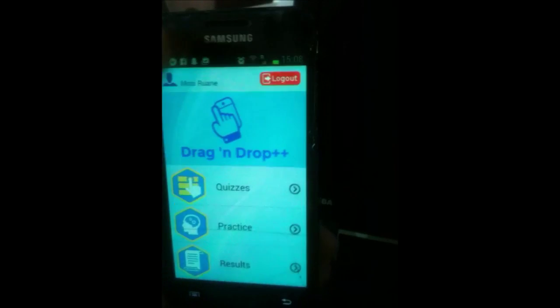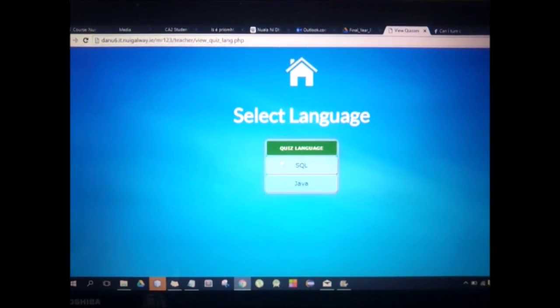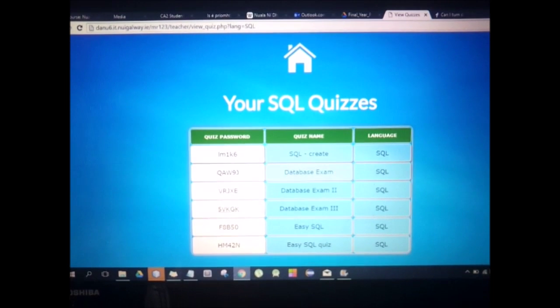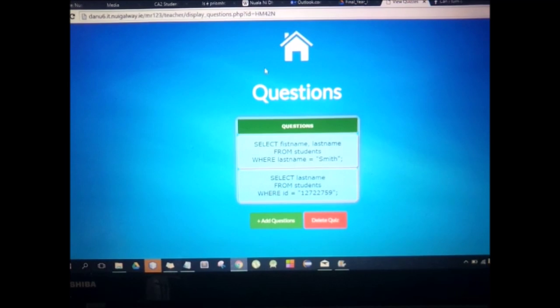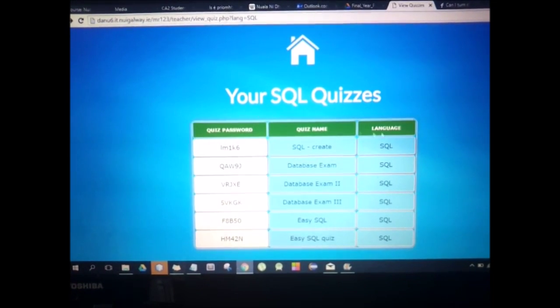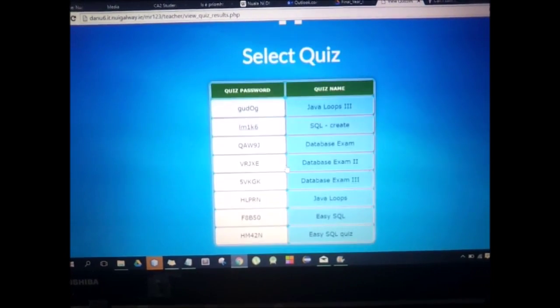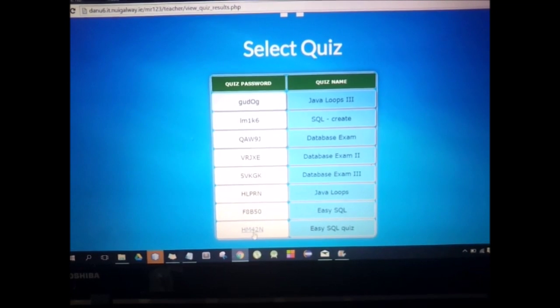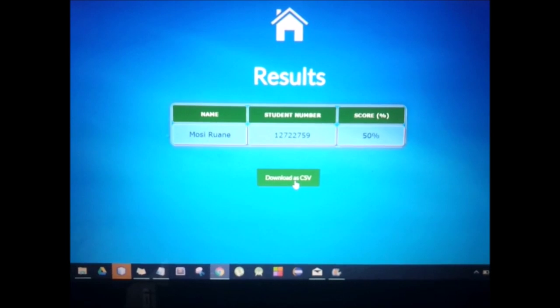So now, if we head back over to our web application, we can view any quizzes that we've posted. So we can see the one we've just set up, the Easy SQL quiz. We can delete that quiz or add more to it. If we click this home button, we can go into results and get any of the results for the quizzes that students sat. So we can see my one has gone in there, and there is an option to download the results in CSV format